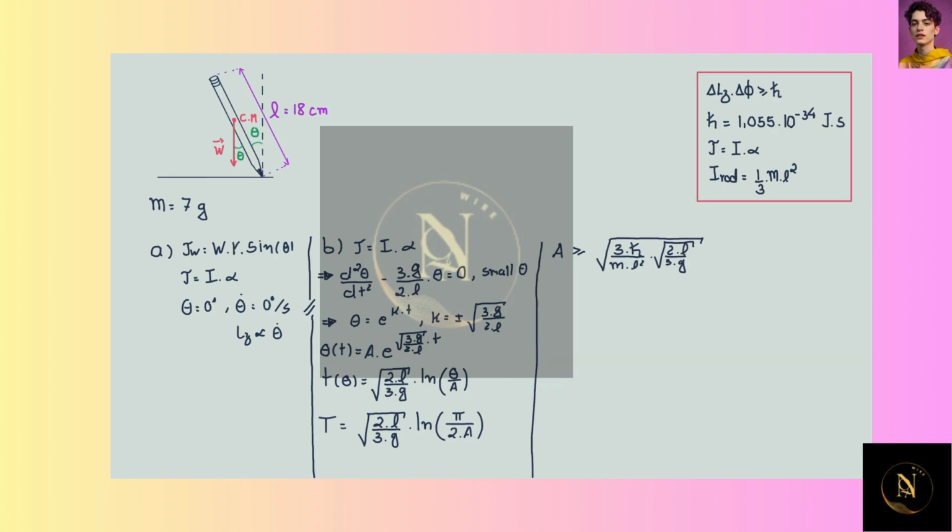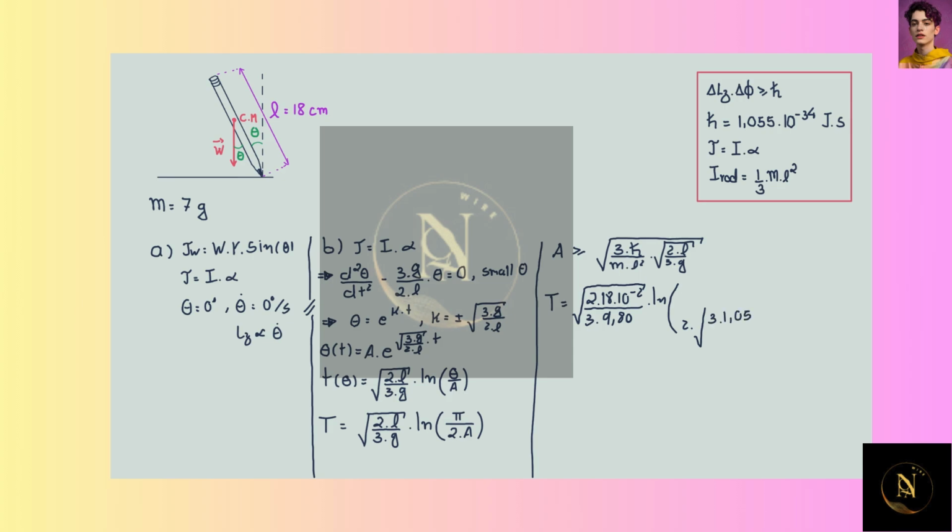Okay, now all we have to do is plug in all the values that we have and finish the calculation. So the time it takes for the pencil to fall is given by the square root of 2 times L, which is 18 centimeters. Let me convert to meters by multiplying by 10 to the minus 2, divided by 3 times the acceleration of gravity, which is approximately 9.80 meters per second squared. Then we multiply this by the logarithm of the following. In the denominator, we have 2 times A, but A is given by the square root of 3 times h bar,